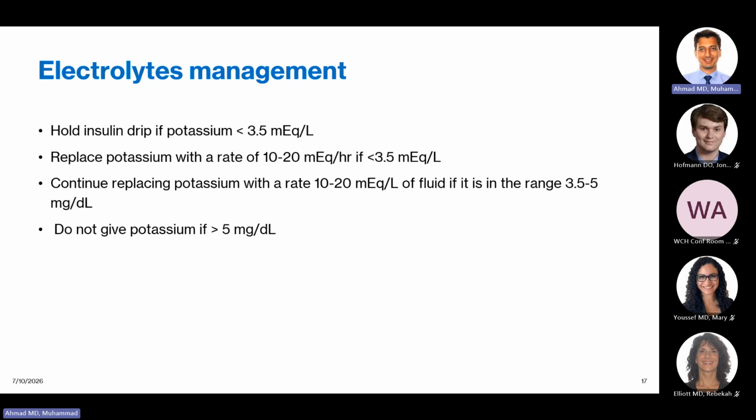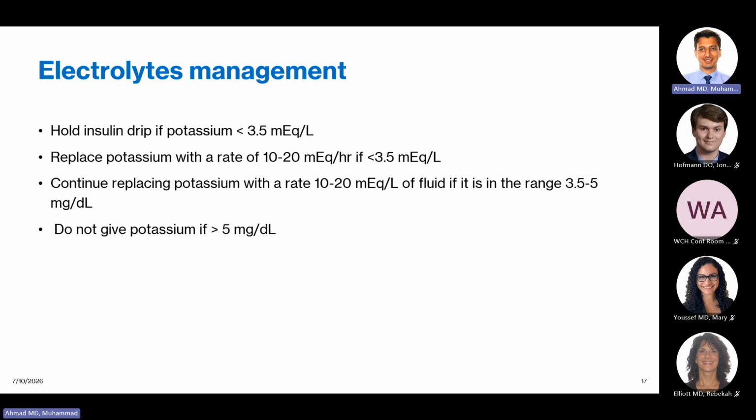So, I'm sorry, guys, this is the cell, okay? Remember, when you have DKA, what do you have outside the cell? It's acidotic, you have a lot of protons. How does the body compensate for the protons outside? They shift the protons inside the cell, but you can't just shift a cation inside the cell, you have to balance it. Otherwise, it'll be like positive charge or negative charge. You have to balance it by taking the potassium out, and that's why they get